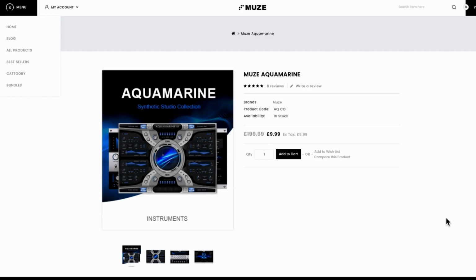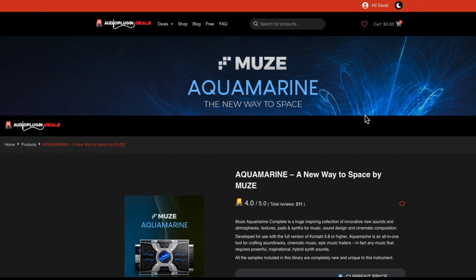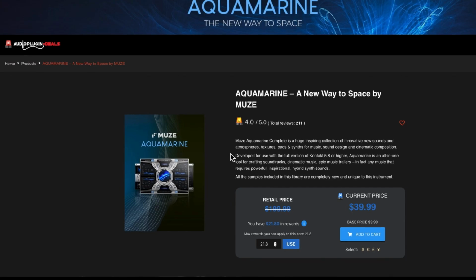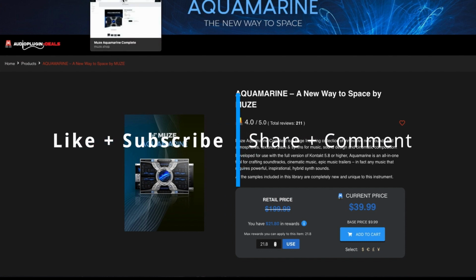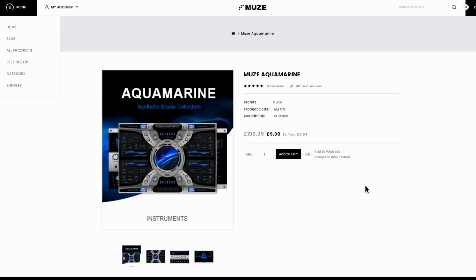So today we are going to have a look at Muze Aquamarine plugin, and this is a Kontakt instrument unfortunately, but it does actually seem to work. I actually saw this on Audio Plugin Deals and this was on at $9.99, the same price as the main website, but it has since I bought it gone back up to $39.99, and I got a slight discount as well. It is available on the main Muze website for $9.99, and it apparently originally retails for $199.99,